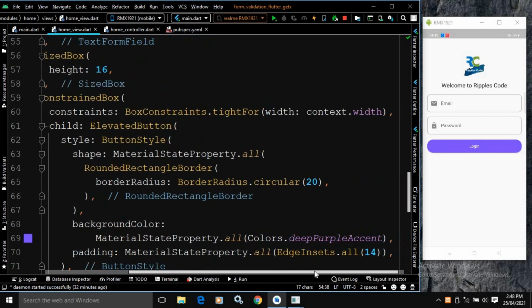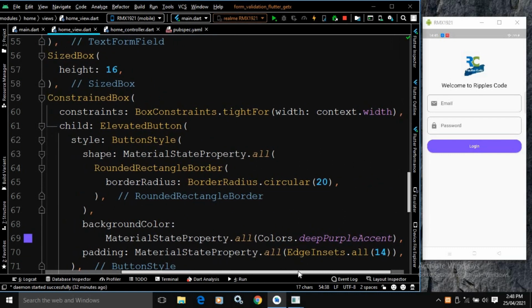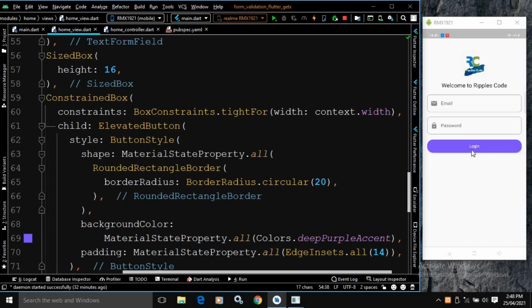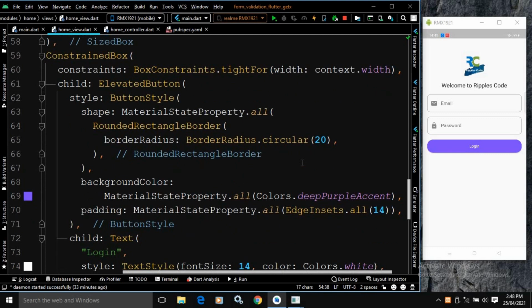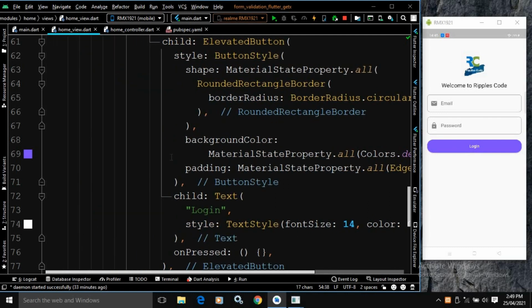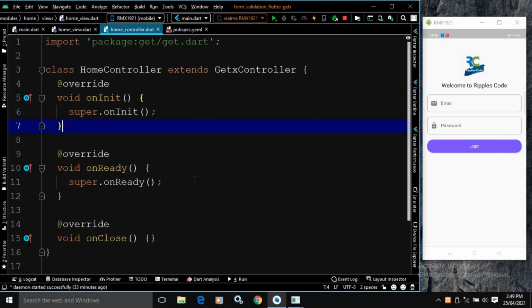As you can see, this is the button style which I have applied to the ElevatedButton, and whenever this button is pressed, certain functions will happen that I will discuss later on. Now there is nothing more to discuss in this user interface. My main purpose is to discuss how to do form validation in Flutter using GetX, and that portion I will discuss now. Let me move to the home controller.